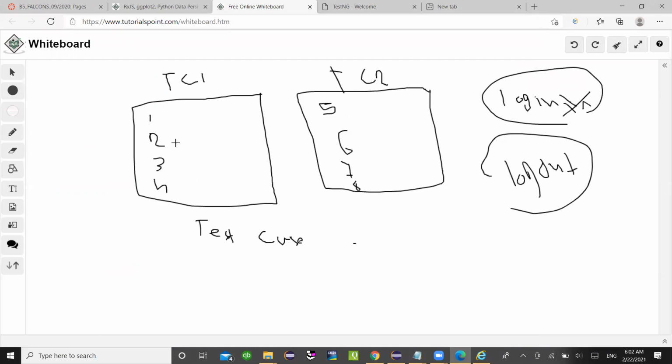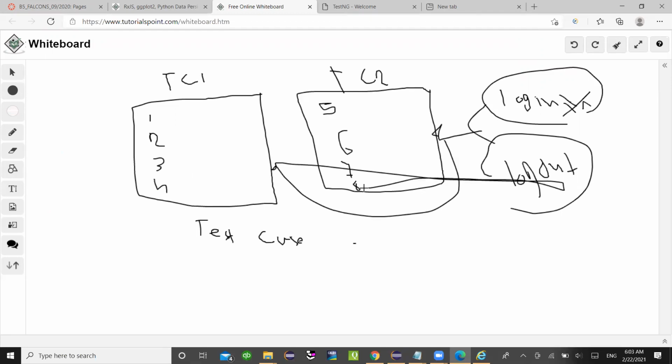Because this class has 4 test cases, this class has 4, and I want to use 2 methods before these 2 classes and after these classes. Where should I write these methods? Can you guys guess? So log in the first class and log out in second class. That would work. And another one, you can guess. I can also use these 2 in any of these classes that I want, either this class or this class, it doesn't matter. And you know why? Because I'm going to use what is after